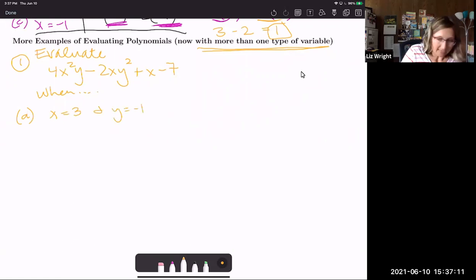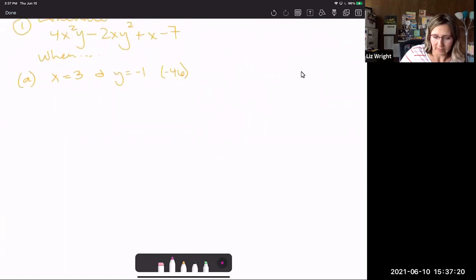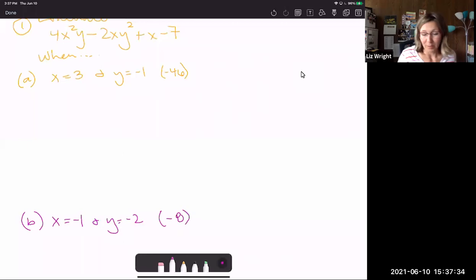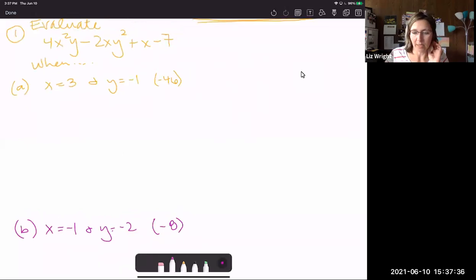So you should try that. Your answer should be -46. So try that one out. And then part B down here, let me see how much space I have. Part B down here is going to be when x equals -1 and y equals -2. And the answer for that one should be -8. So pause the video, and then we're going to do another example